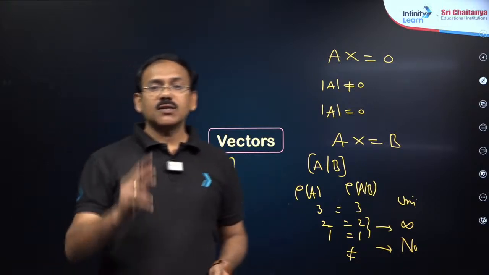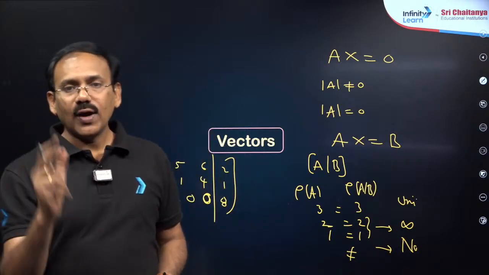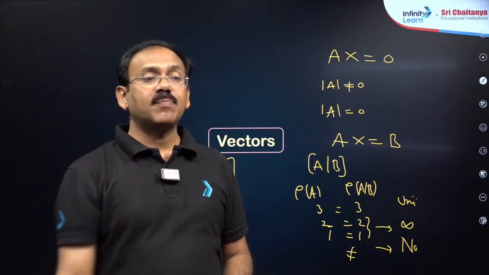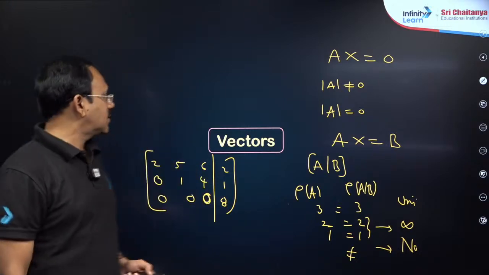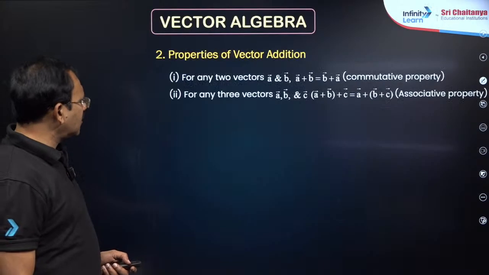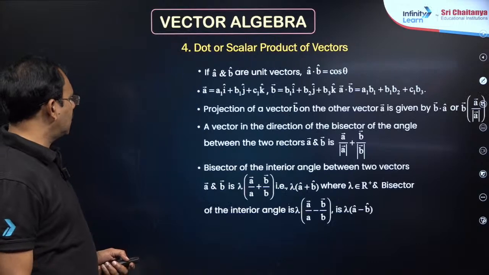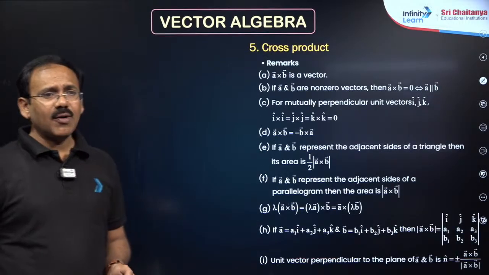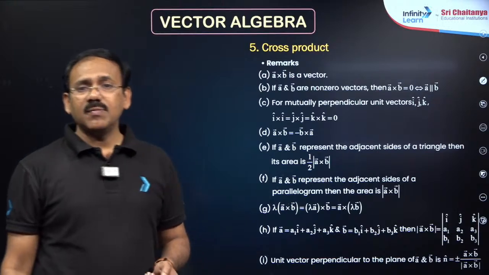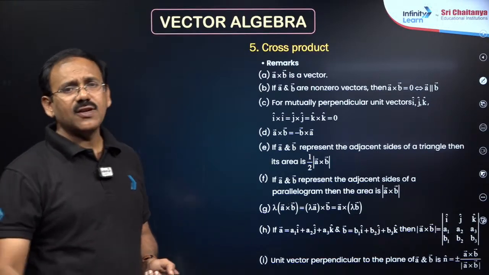In matrices part, 2 important areas, one is system of equations, second is properties of matrices, third one is induction based questions, my dear friends. Right, next, vectors additions are simple. You can use this addition subtraction properties, nothing special. A bar dot B bar, A bar cross B bar, definitions, simple definitions are enough.